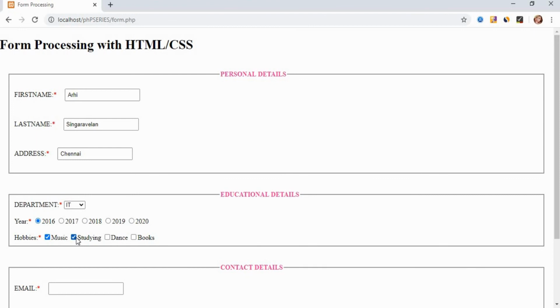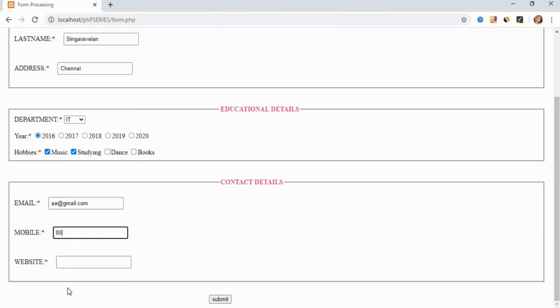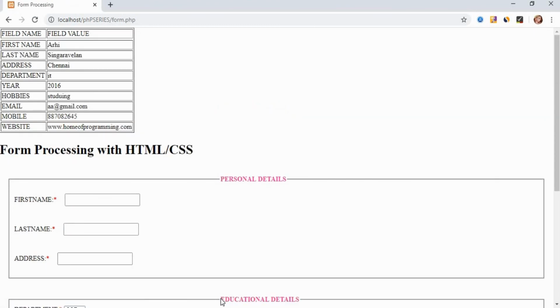So we can select more than one field in a checkbox, and it is not possible to select more than one field in case of a radio button, right? So now we can submit the form and we are getting the values inside a table, right?